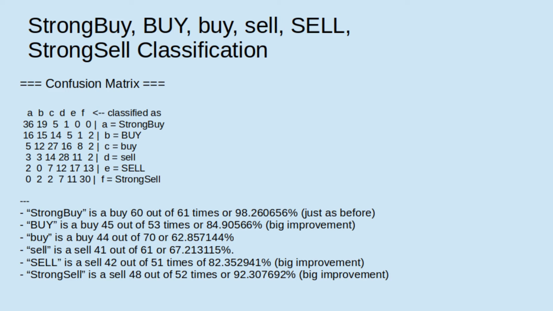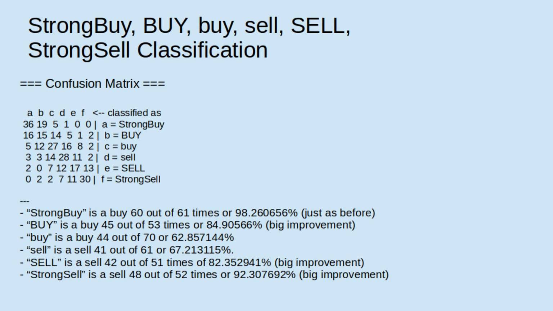And the small buy, again, for line 3, includes all the values for A, B, and C divided by all the calls for that call, and we get a 62% or 63% correct call rate, which isn't too bad. Likewise, sell, a combination of D, E, and F for line 4, gives us 41 correct calls out of 61,